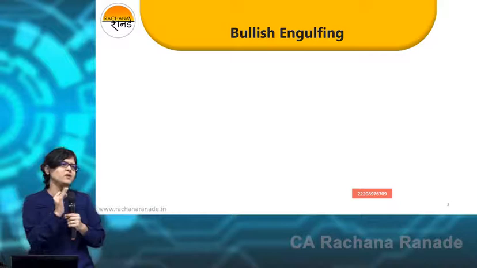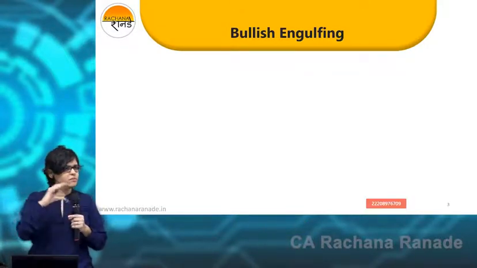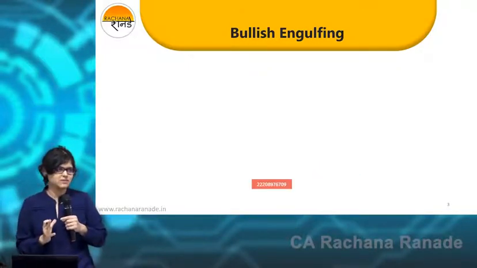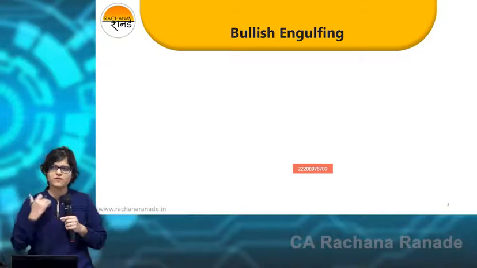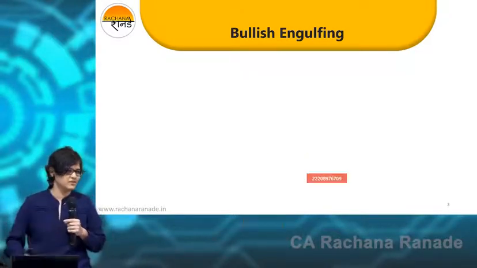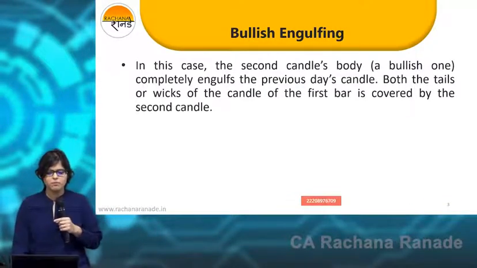I've selected the top 3 categories. So top 3 types of candles: bullish 3, bearish 3 is what we are going to study. Even if we know these 3 candlestick patterns properly, along with support levels, along with resistance levels, and a few more patterns to come up, I think we can take a pretty safe trade. Okay, so let's start off. The very first one is known as a bullish engulfing candlestick.